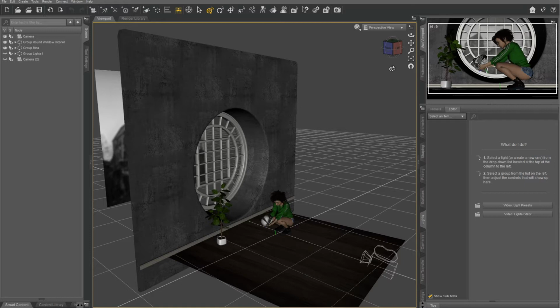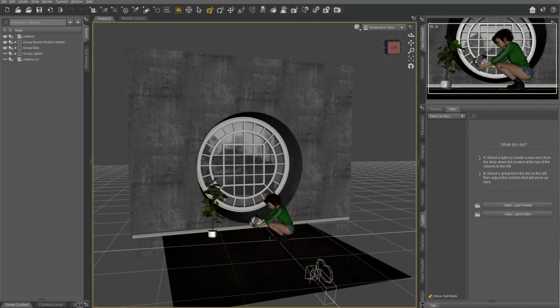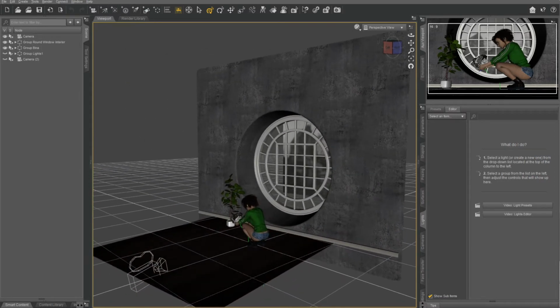And there's a reason for that. It doesn't matter how good of a 3D modeler you are or how amazing a scene you can create. If there's no lights in the scene, nobody's going to see anything. So in this scene, there's already some lighting. There's even a whole group of lights here that I've already created,